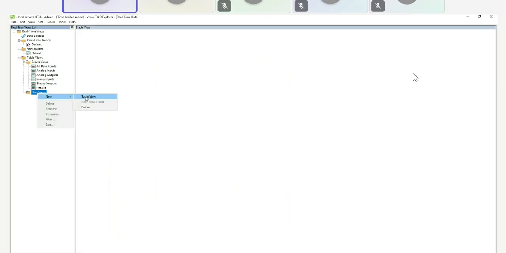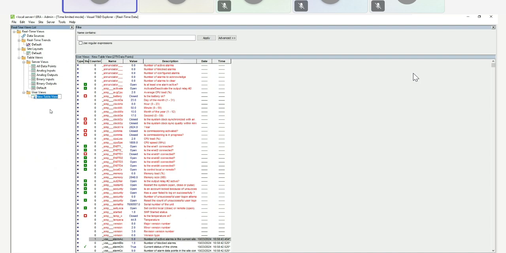We can group the points per bus, per feeder. For example, I will create one, to group all the points related to my line one.